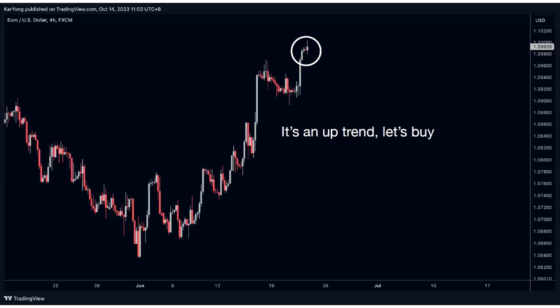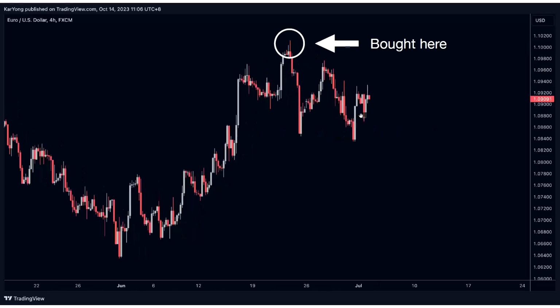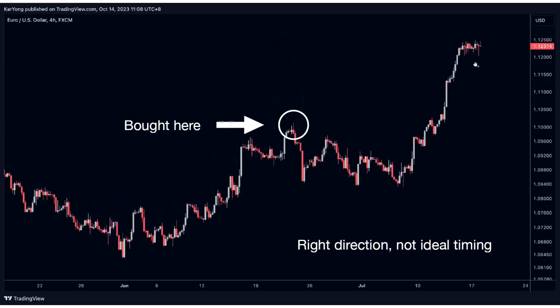However, if the timing is not ideal, imagine you're buying here, when the price is literally going up and you are buying at the top. What happens is if the price pulls back, it's technically still in an uptrend, but if you bought at the wrong time and the price pulls back, you'll be suffering some drawdown, or in fact, some traders may even exit the trade with a loss, because that pullback may have tagged their stop loss. So psychologically, how would you be feeling? And what's worse is, imagine after that pullback, the market gets you out and then it immediately goes back in the direction that you had actually called. Eventually you could have made money, but because of the timing, you actually lose first.